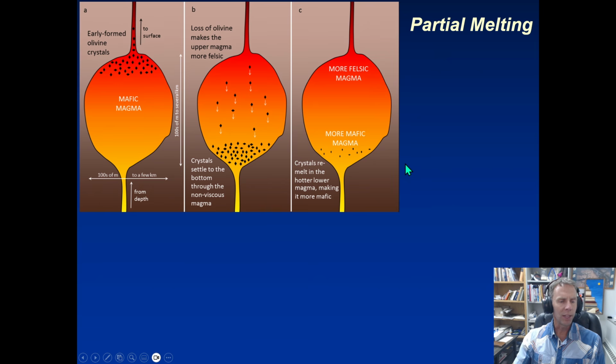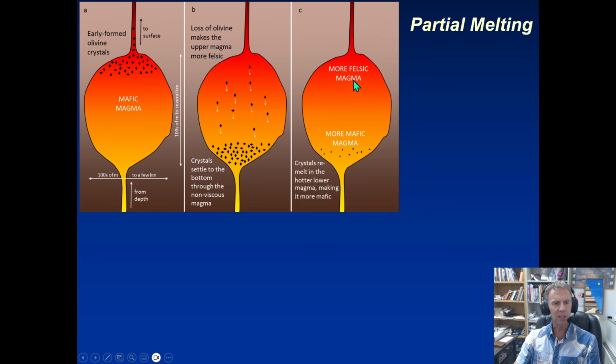So we've talked about how things crystallize, but let's look at things going the other way. So here's a magma chamber, and of course we've talked about how those olivine crystals, those high temperature minerals, might form first. So here's our early formed olivine crystals, and because those are more dense than the magma that they're in, those might tend to settle down to the bottom. So that's going to make our composition of the magma at the bottom of the magma chamber more mafic. And because the felsic materials tend to be much more buoyant and lighter, that's going to concentrate more felsic magmas